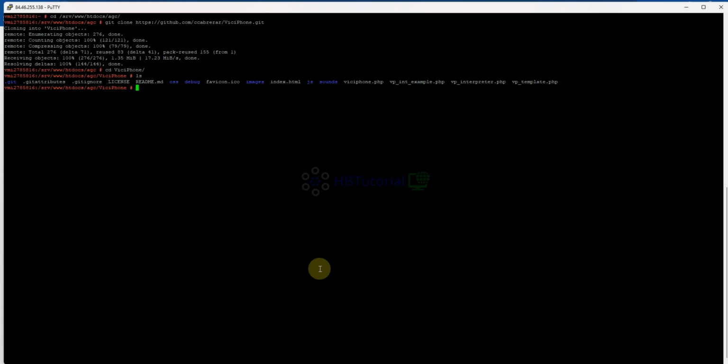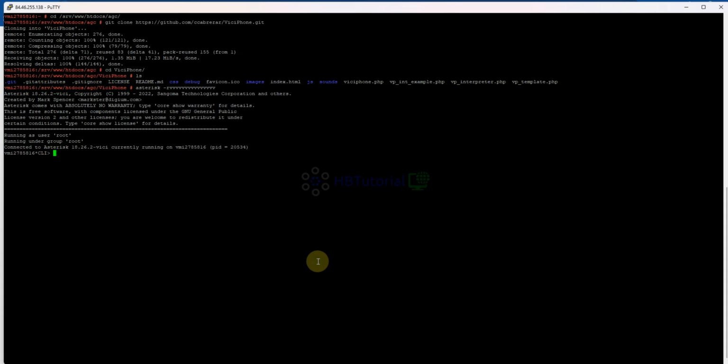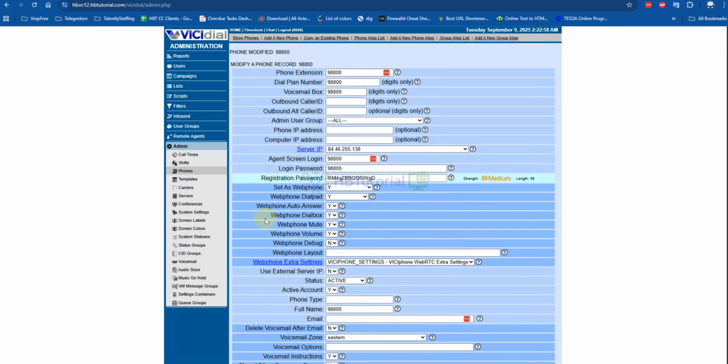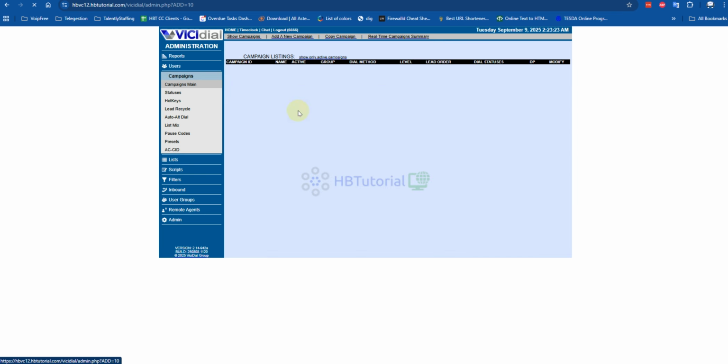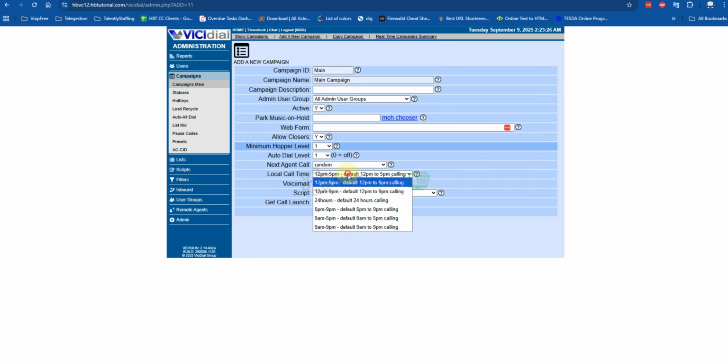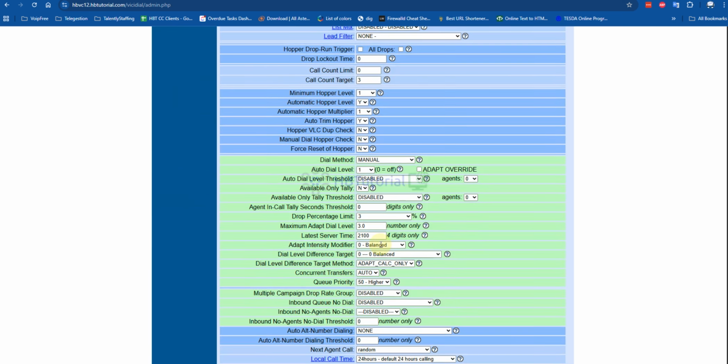Okay, our phones. You can also check over here, show peers. Yeah, it's already there. And now we need to create one campaign. Let me add one campaign. Okay, fine, hopper.